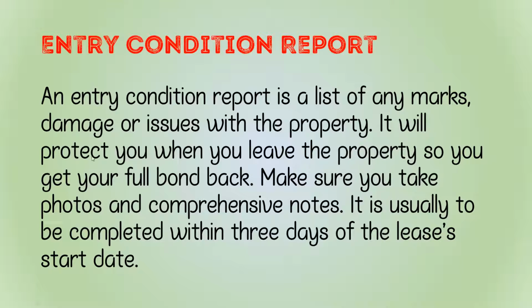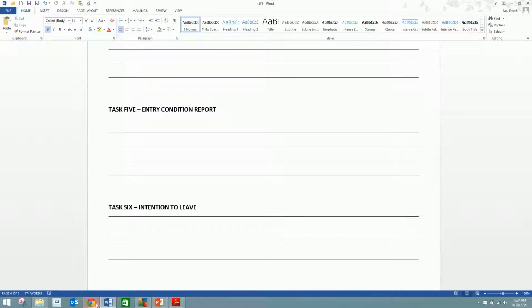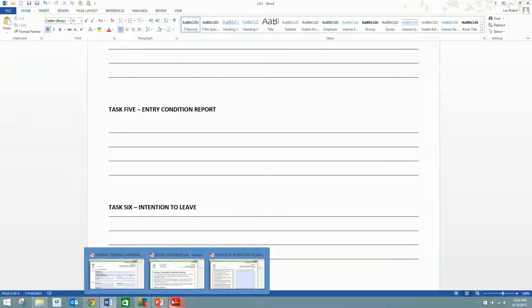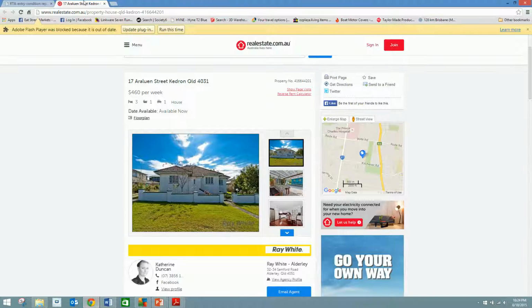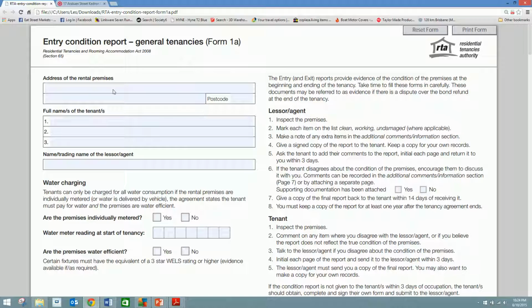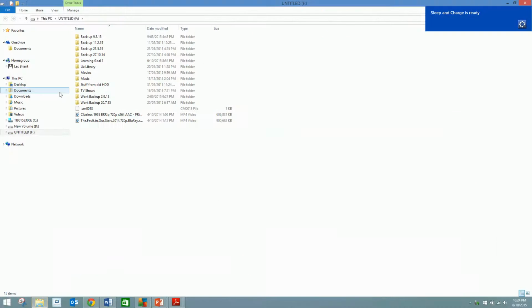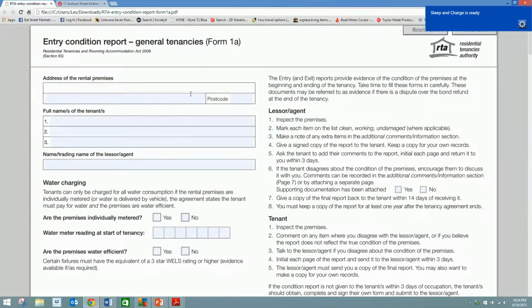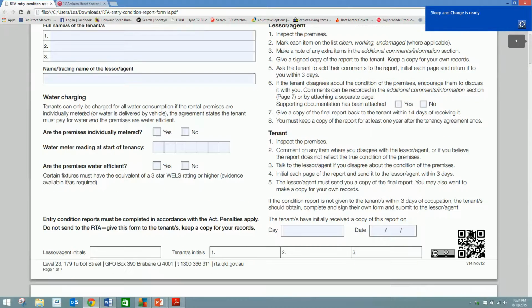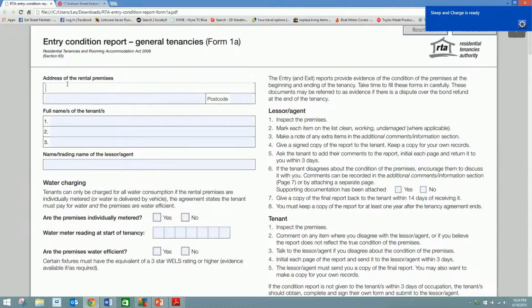Let's have a look at an entry condition report. Alright, so it looks like this. So you fill in the address of the rental premises, the name of the tenants, the name of the agent,